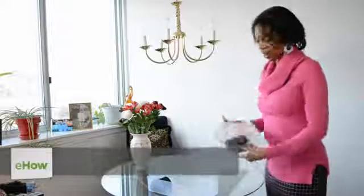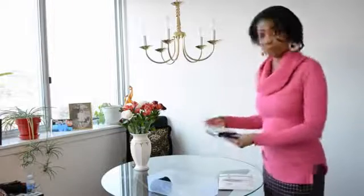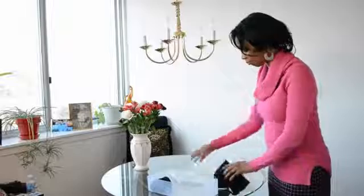Taylor, and today I'm going to show you how to fold your pantyhose. As you can see, our pantyhose come in a variety of packages, which may not be convenient for us to store in our drawers. So, basically what I do is I remove them from the packet, like so,